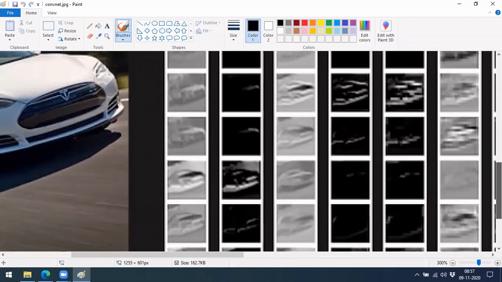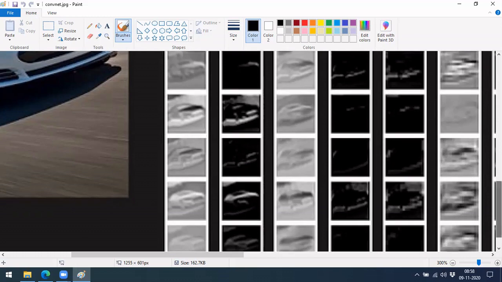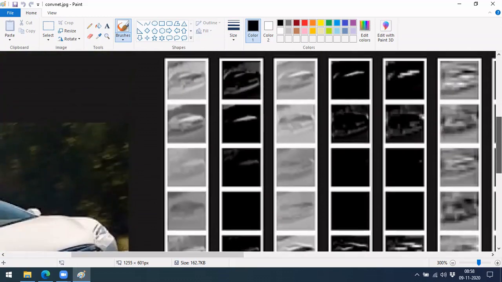Each will do a different kind of task. You can see here, this will activate at this level if there is any gap between objects, and this will try to find the contact portion of wheels to your road, and something similar to that. Each will do a different task.